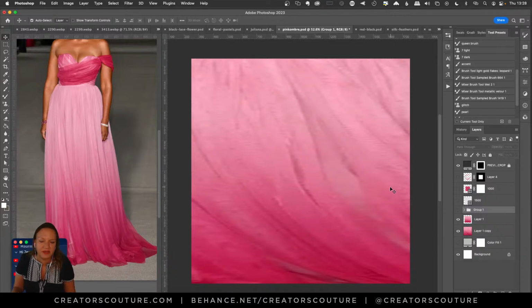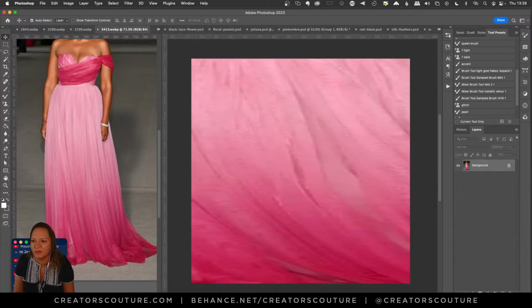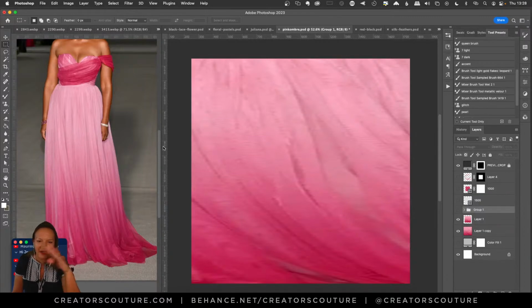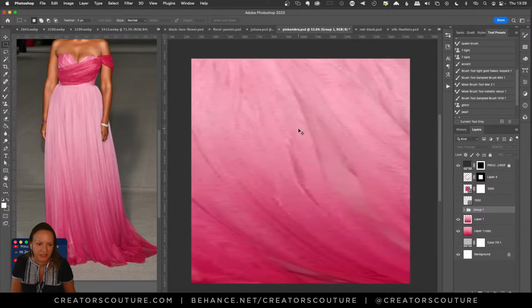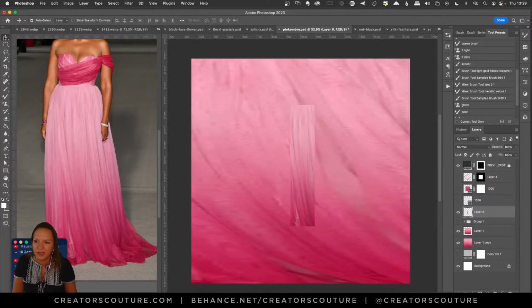And so this is one thing that might help you: rather than just selecting and creating my color palette like this from it, then as I paint, it's going to be more messy. So what I did was I just took a selection from the whole thing like this to get that whole ombre, and I copied it and then I pasted it over here, and I filled my screen with it.